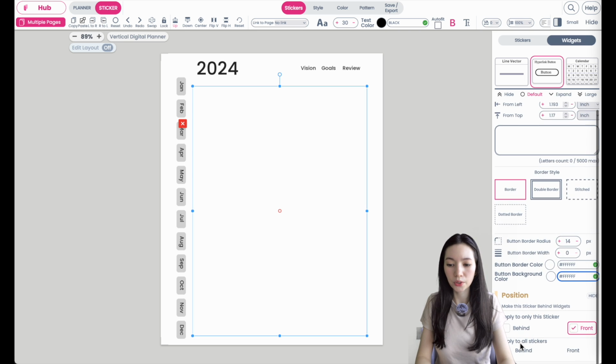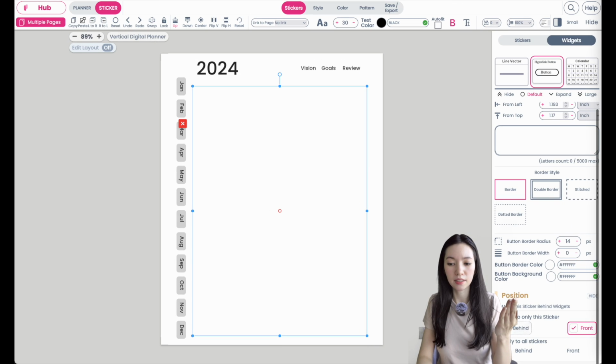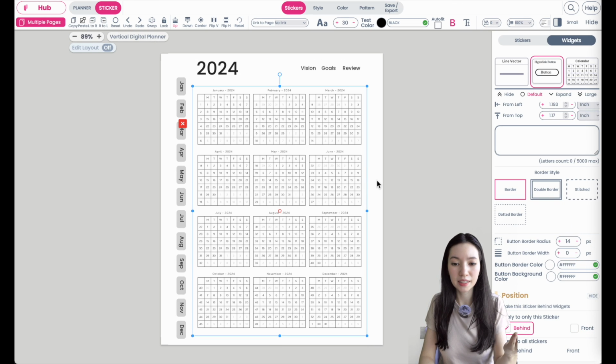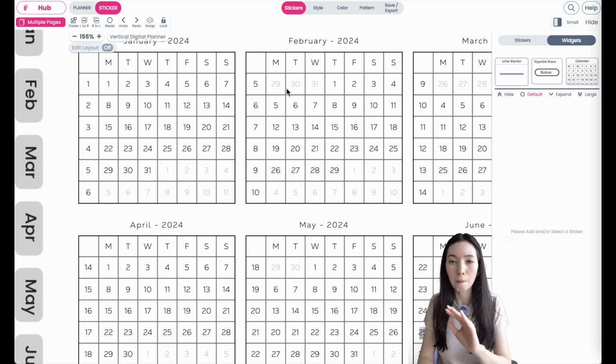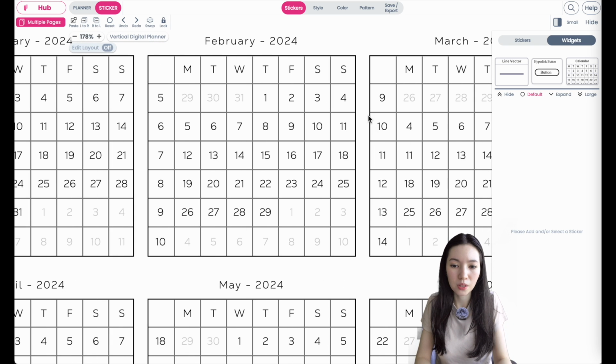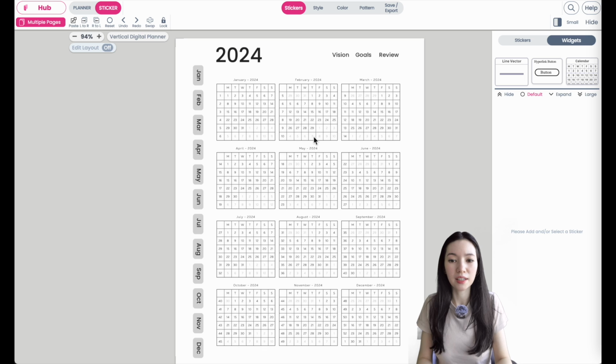And in here under position, we can set it to apply the sticker behind the widget. So when you now click on behind, the white background is now behind the widget and it looks much cleaner right now. So you don't see the old template peek through behind the widgets like you did before, okay? So as of right now, this template is fully completed. We have added all the calendars. We have added all the hyperlinks on top here and on the sides,